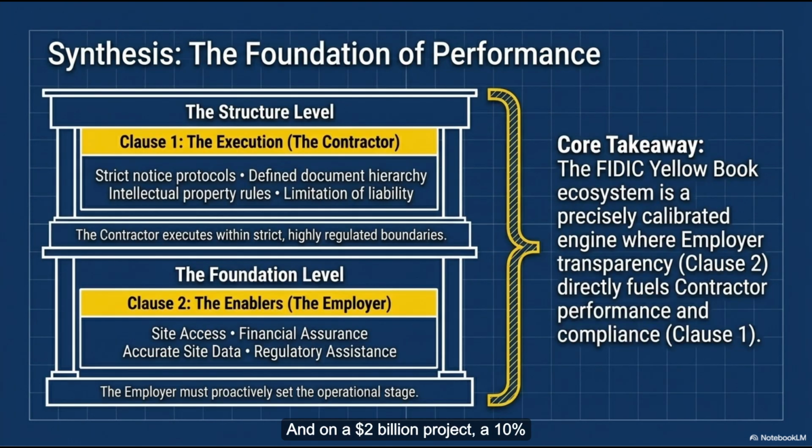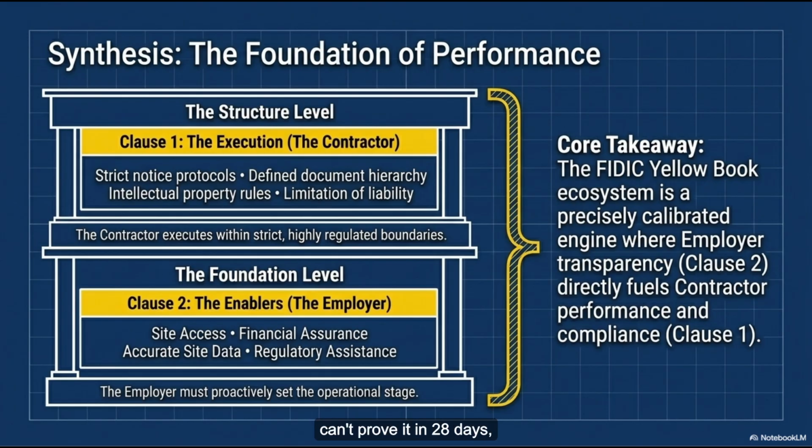And on a $2 billion project, a 10% variation is a $200 million change order. Exactly. The contractor is well within their rights to say, look, we aren't ordering $200 million worth of new turbines until you show us the bank statements proving you can actually cover the invoice. It is a phenomenal power play. The hired help basically forcing the billionaire developer or sovereign government to open their books and prove their solvency. It's totally unprecedented in normal contracts, yeah.